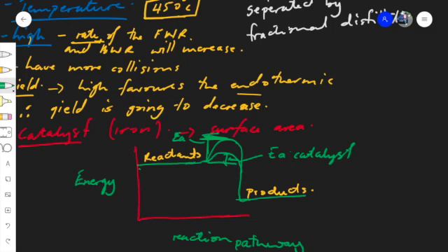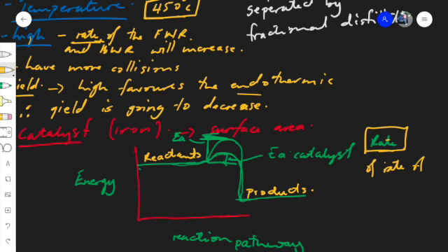Okay, but what you're going to realize is that when you put a catalyst, what happens to the rate? This means that the forward reaction pathway is going to be shorter, and the backward reaction pathway is also going to be shorter. So if we look at the rate, what happens with the catalyst is that the rate of the forward reaction